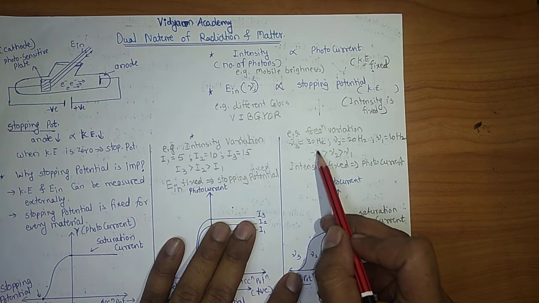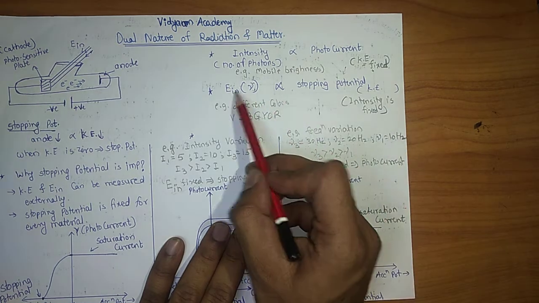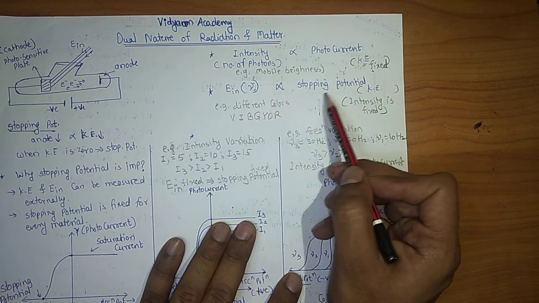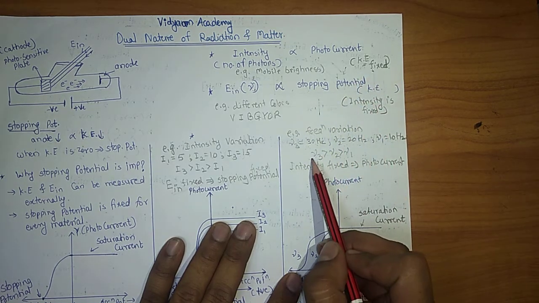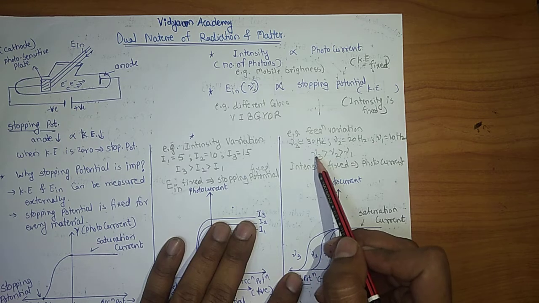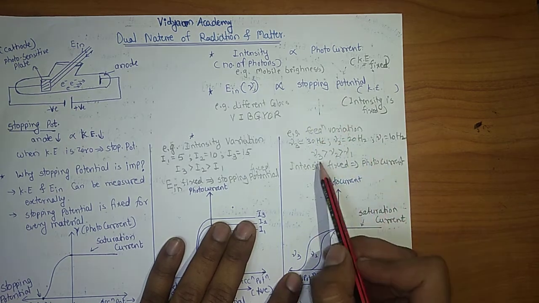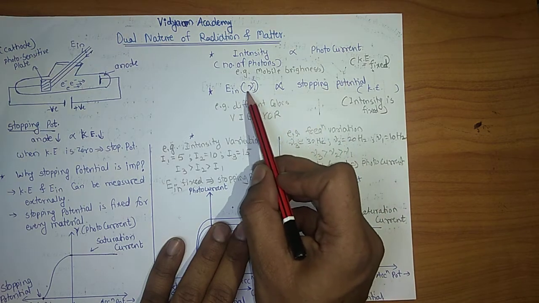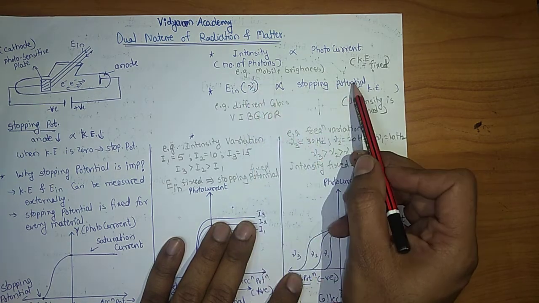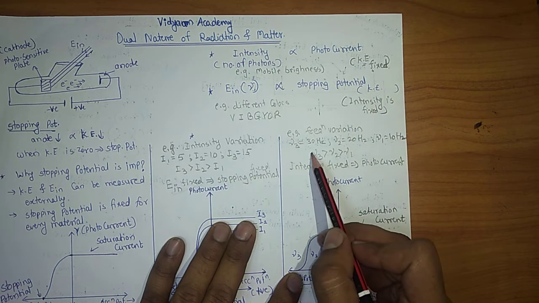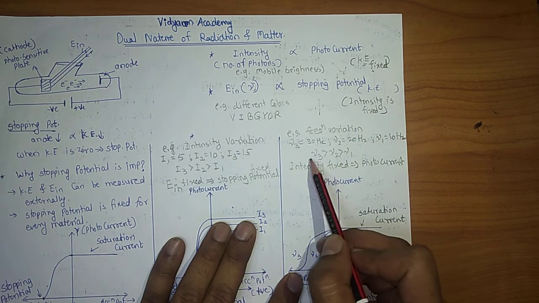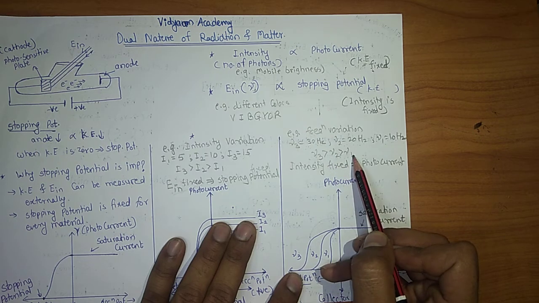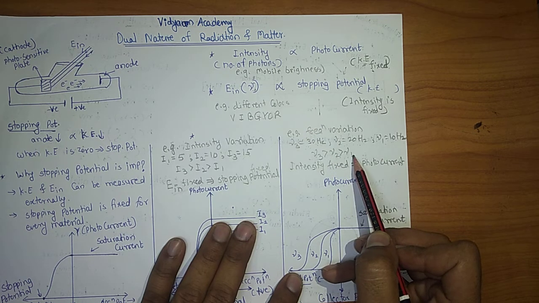So for more frequency, there will be maximum stopping potential. So what do you expect? For which case will the stopping potential be more? Nu 3, Nu 2 or Nu 1? According to this equation, if you increase frequency, then stopping potential will be more. So in a similar way, for Nu 3, stopping potential will be more. The moderate case will happen for Nu 2, and the minimum stopping potential will occur at Nu 1.